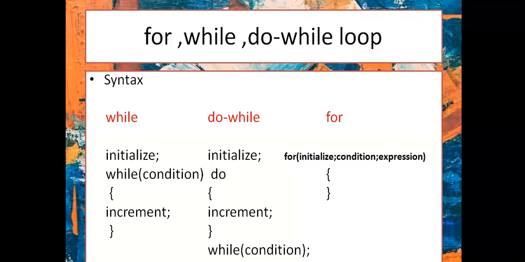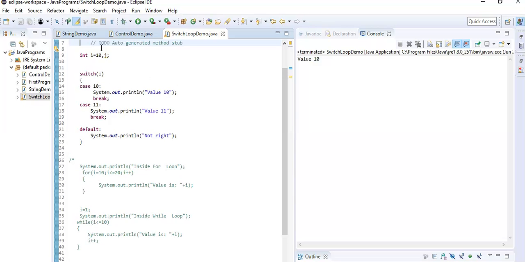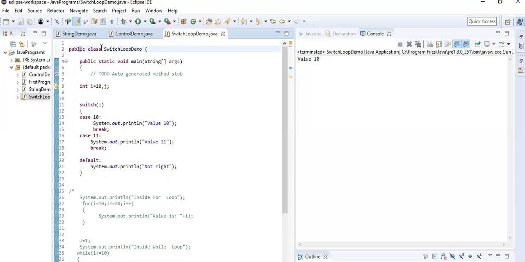And with the for loop, the syntax helps me to initialize, check for the condition, and the expression is written within the syntax itself. Now it depends upon your programming style or the programming required, where you have to use while, do while or for loop. The next we are going to go for the program.